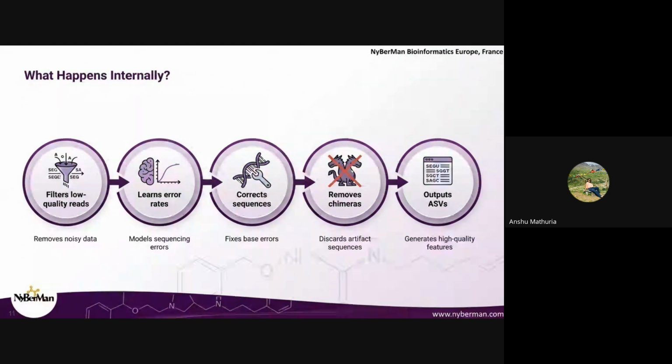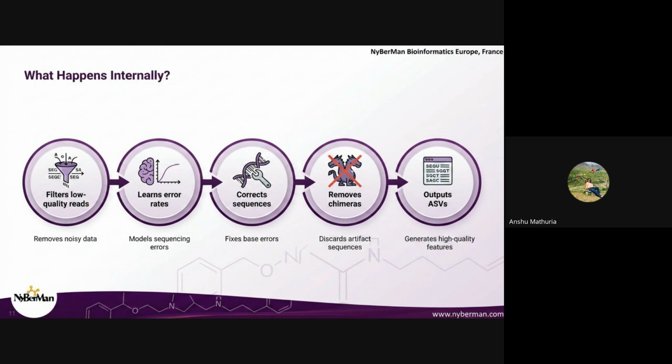And after that, it will implement that on our particular sequence and it will correct the bases of the sequence. If there are certain things that cannot be corrected, then it will just remove them as well, and then it will check for any chimeras. If there are any chimeras or any artifact sequences generated by PCR duplicates, then it will remove those as well. And then finally, it will generate an ASV